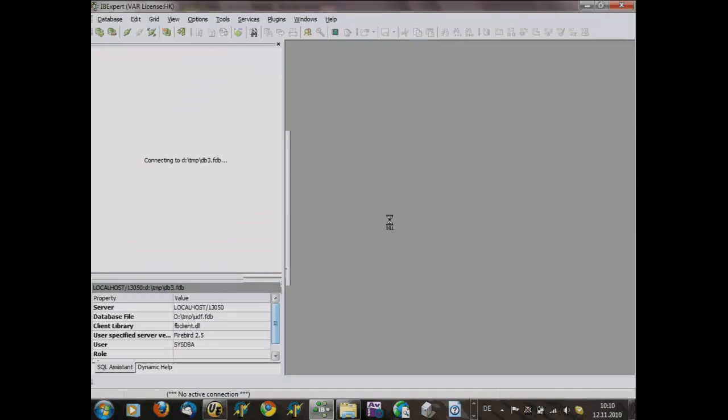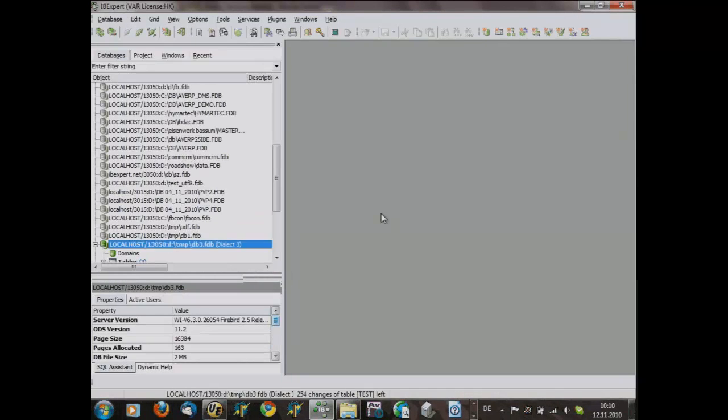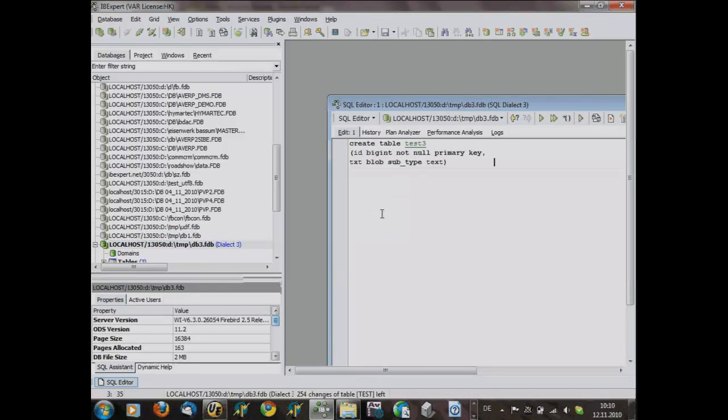Now it should be possible to open the database, and it works. And what I've showed you already yesterday is simple.